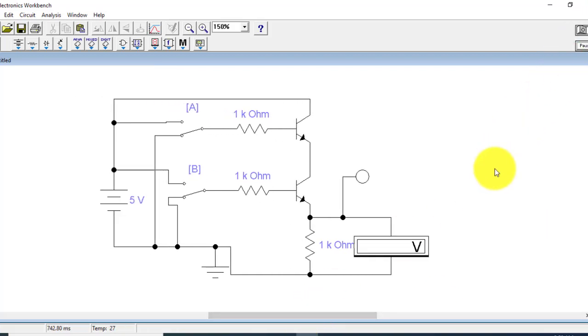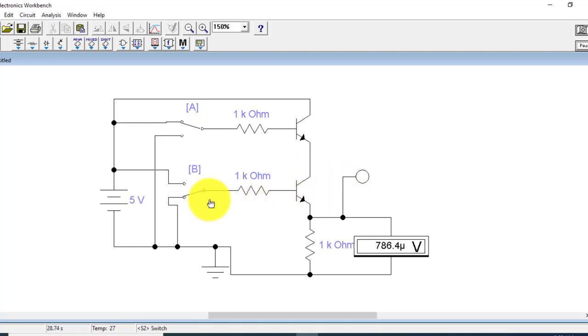If I press on, now you can see that by applying the combination 0 0 the output is 0, and by applying 0 1 the output is again 0, and by applying 1 0 the output will remain 0.